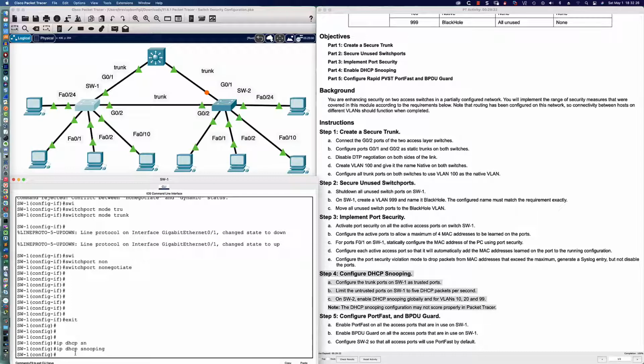Now, the next thing that we're going to do is configure the trunk ports as trusted ports, and limit the untrusted ports on switch 1 to 5 DHCP packets. And we're going to have to get into the interface for that. And then let me see here, on switch 2, enable DHCP snooping globally for the VLANs. And so on switch 1,